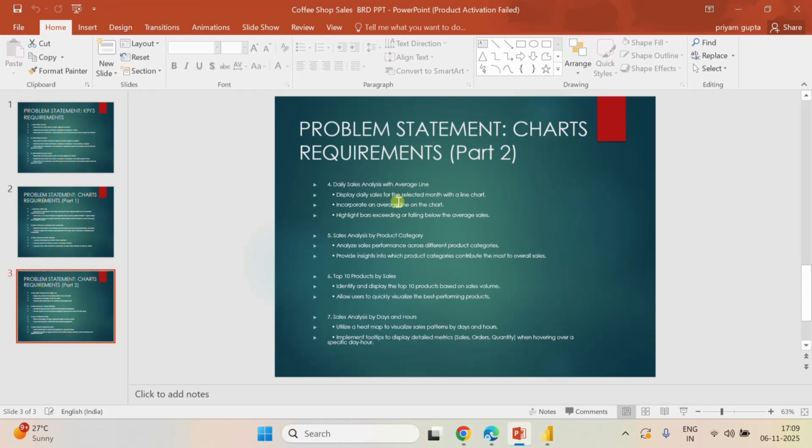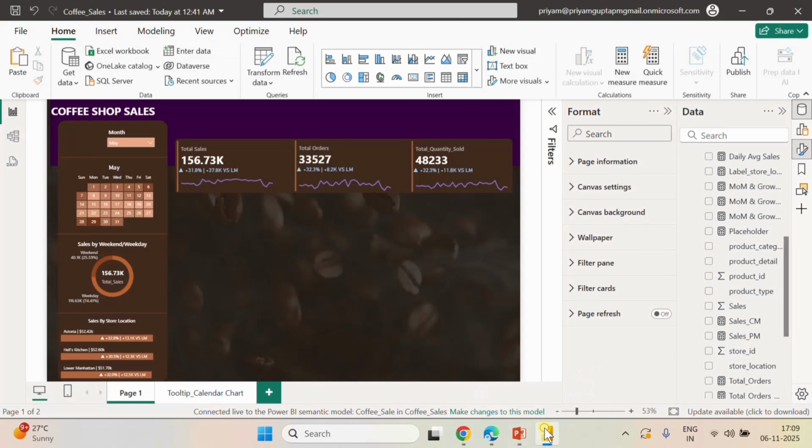After that we have to create an average line. How we are going to create the average line, you have to stay connected to this video. After that, at the last, we have to highlight the bars which are falling below this average line and which are falling above this average line, so there will be some different colors. Now let me quickly go back to our Power BI,